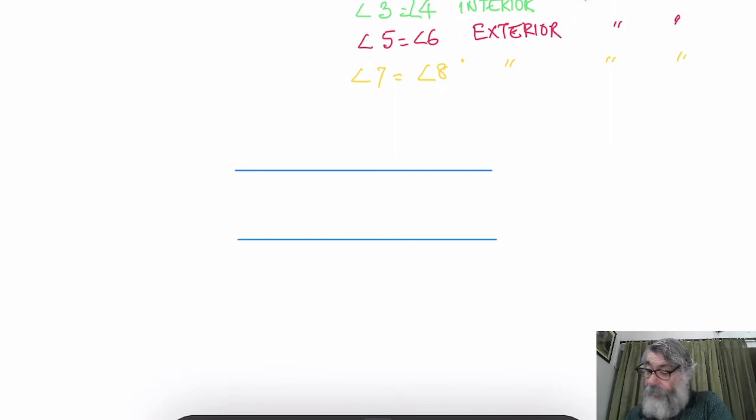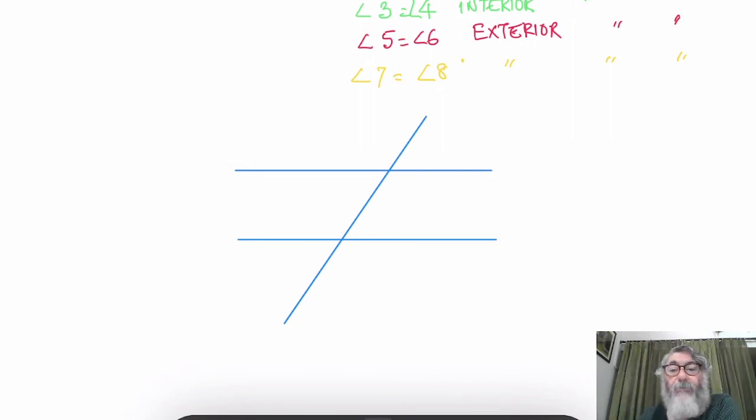These are parallel lines and a third line cuts them. This is the transversal. Now when we talk of the corresponding angle, we talk of one exterior, one interior angle on the same side of the cutting line. Like, suppose I say A.